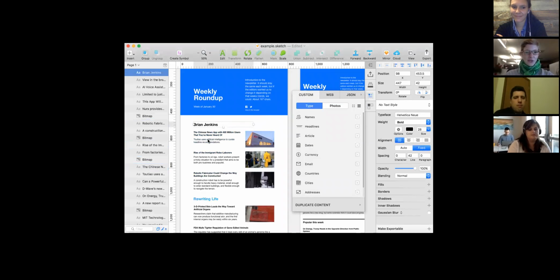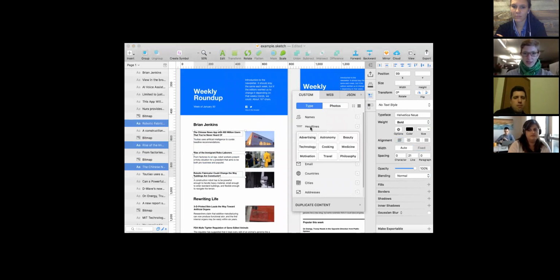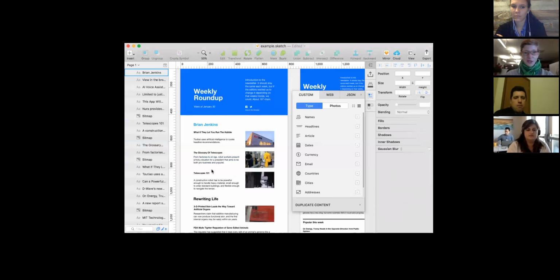And you can do, let's see, I'm going to click all my article headlines and just click on this headlines section and change it into astronomy. And it changed the headlines to all different ones. So it's such a time saver. It's so, so cool that they have all of this content pre-built. But the really cool thing is